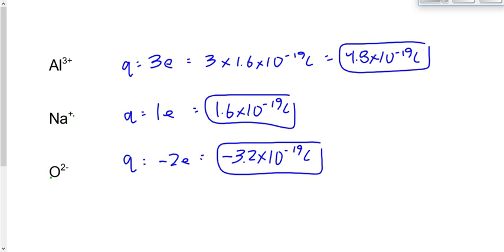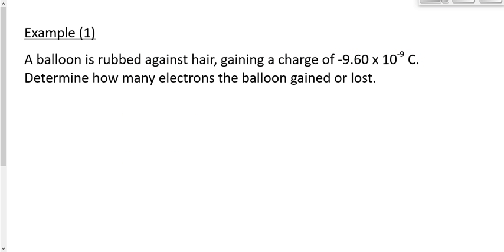I want to take a look at a quick example here now that's on the example handout that I gave you at the beginning of class here. It says a balloon is rubbed against hair, gaining a charge of negative 9.6 times 10 to the negative 9 coulombs. Determine how many electrons the balloon has gained or lost. How many electrons has the balloon gained or lost? Well,